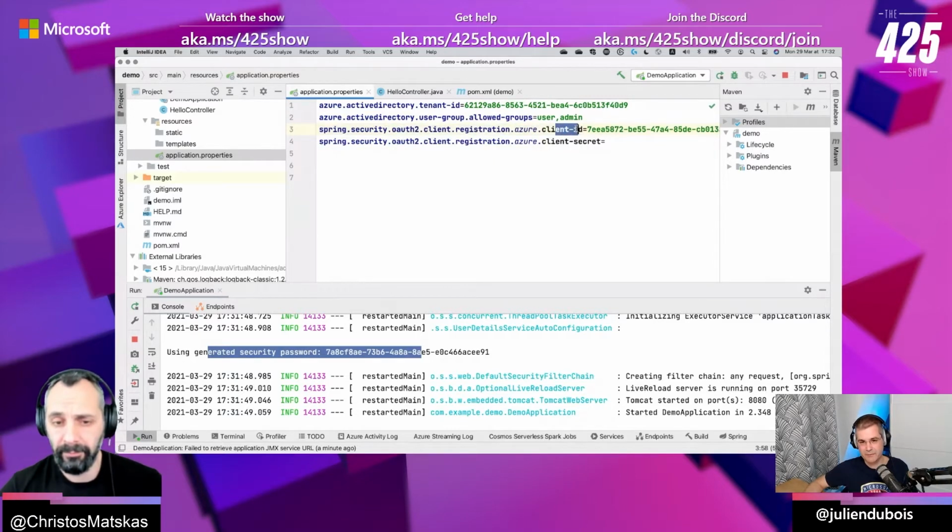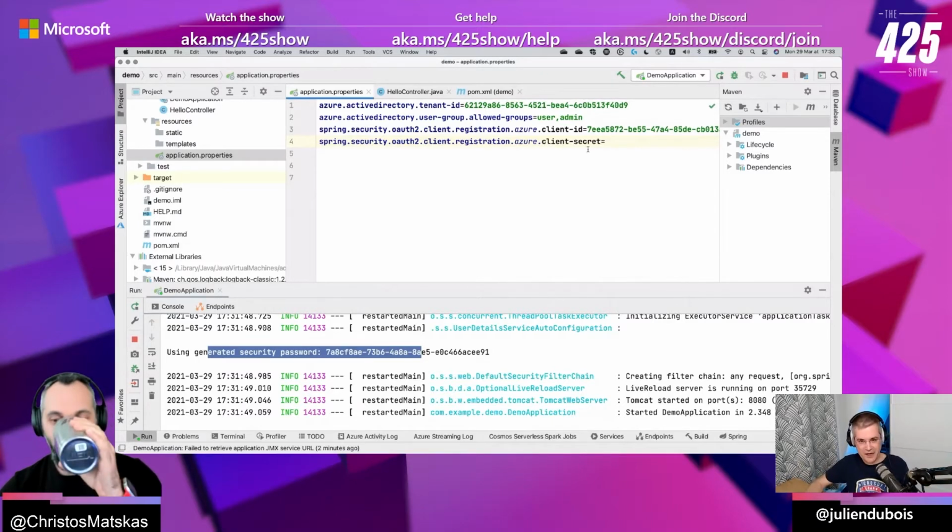I'm giving it my client ID, so that's the ID of my app inside Active Directory. Secret, so that's my password. That's the one I don't want to type because otherwise everybody will hack me. Well, there's not a lot to hack, honestly. It's going to run on my laptop, and there's only one user. It's me. So good luck with hacking that. I'm not supposed to show unsecure stuff.